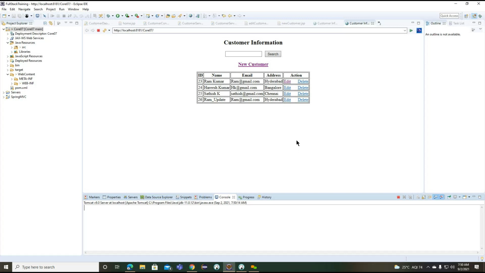So where did I miss here? So MVN install is nothing but the Eclipse only I'm building, right? Yes, yes. I just tried here whether after clean it is working or not, but it is not working here. So later I did install, like I built our application here. Okay.